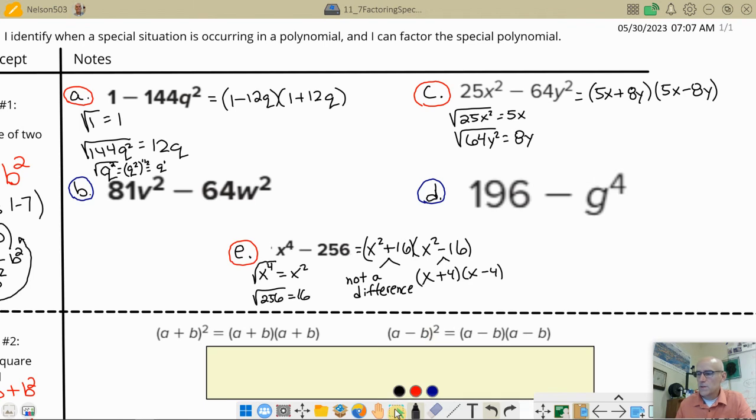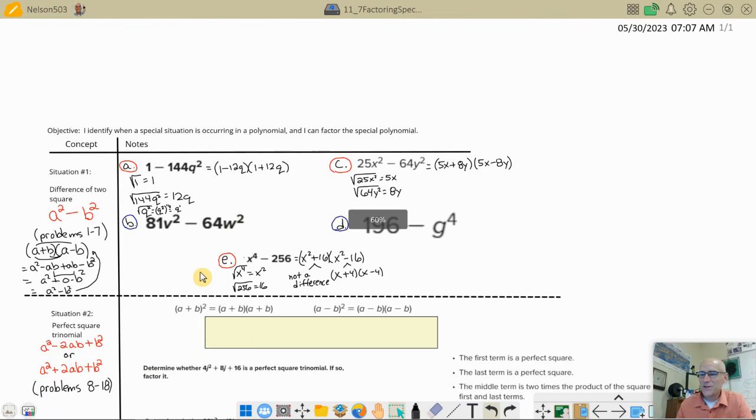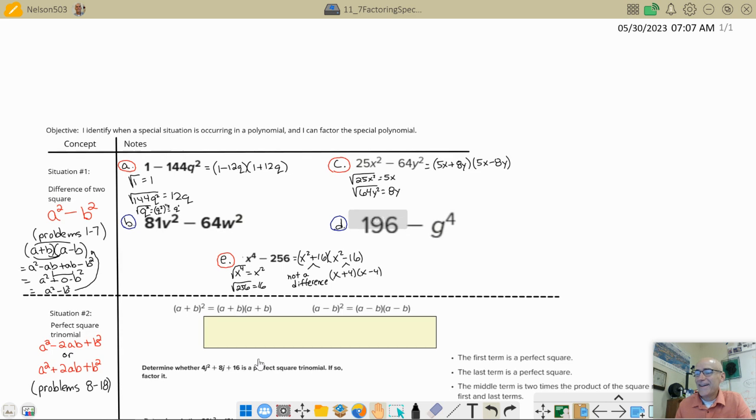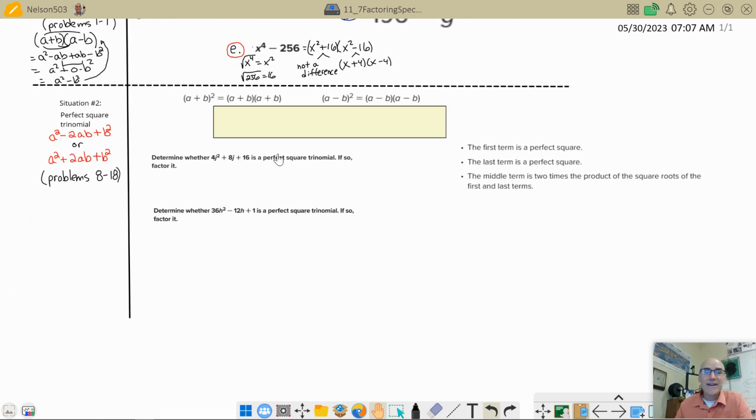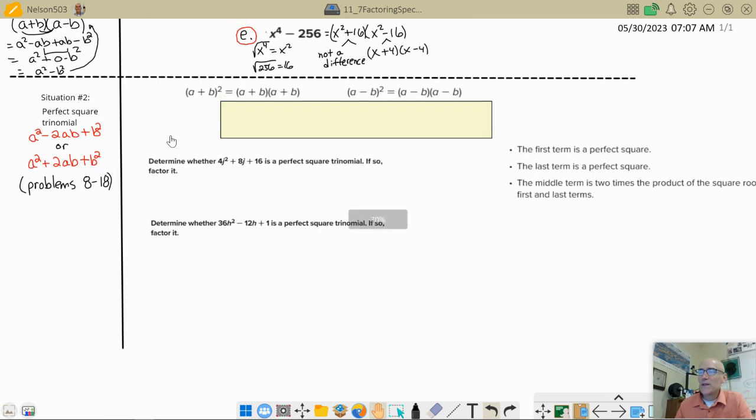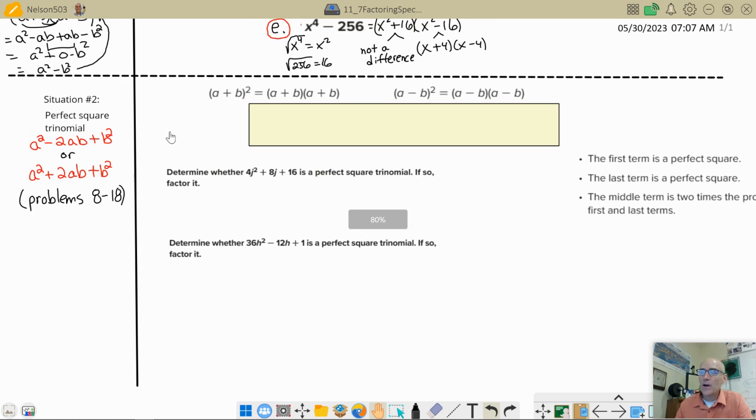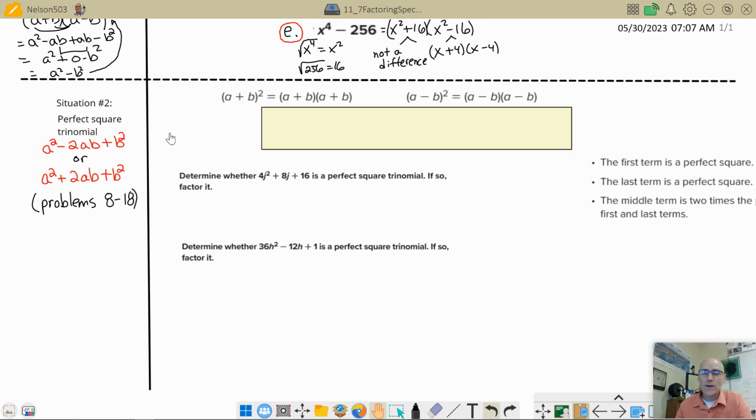Okay, so here comes the second special situation. Look, like I said before, they happen a lot in upper level math, and it feels great when you can identify it. This one might feel a little bit more complicated. So, what I'm going to show you is when you have a binomial square, like a plus b squared,